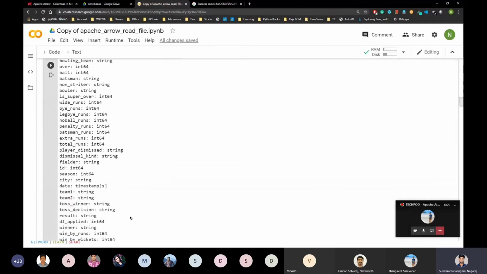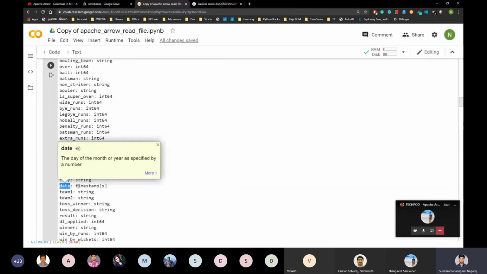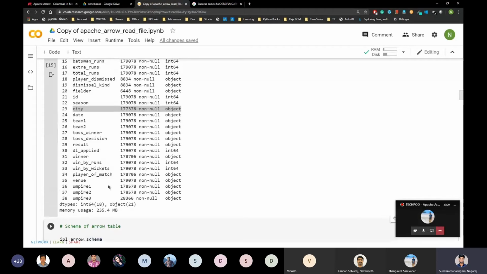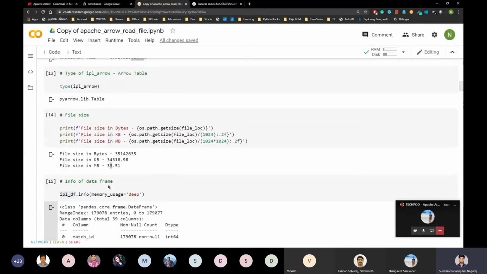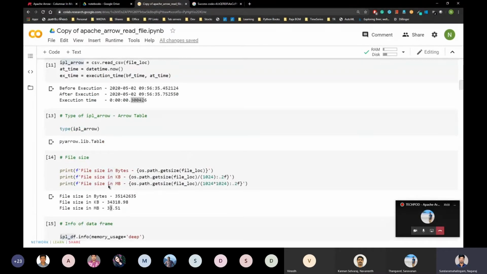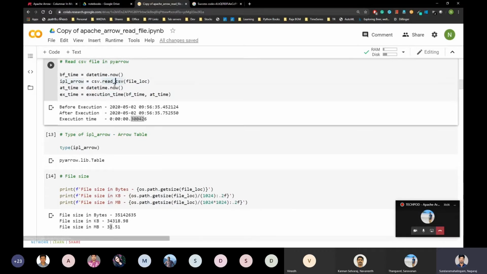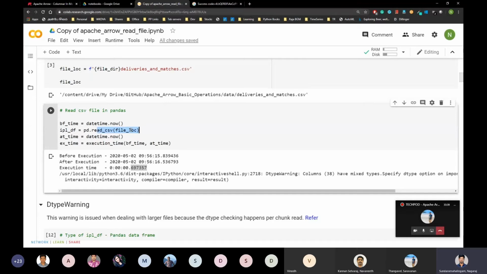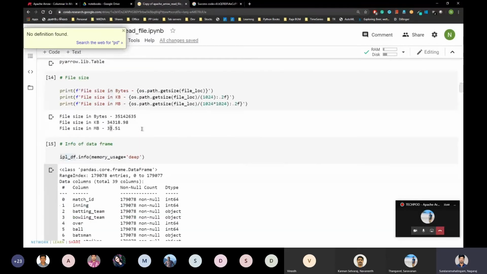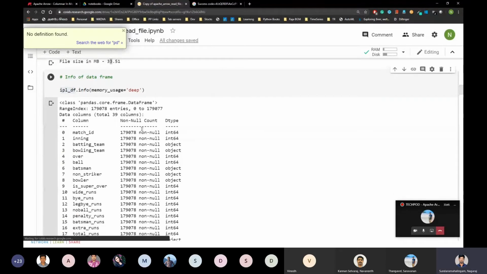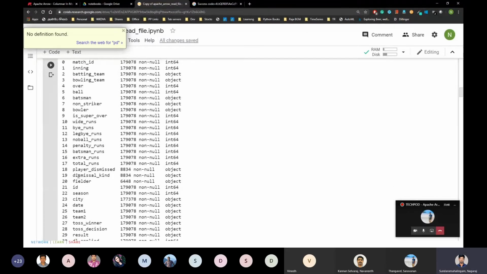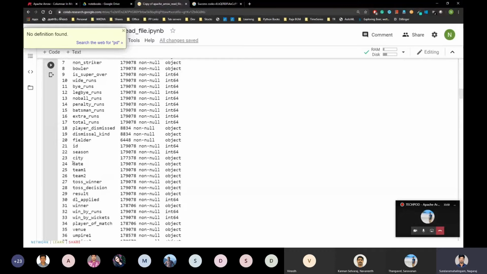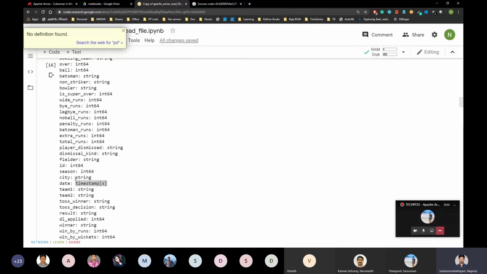Here we have date as a timestamp object. I'm not specifying anything explicitly in Arrow; I'm just reading the CSV file, the same way I'm reading the same CSV file with the pandas method.